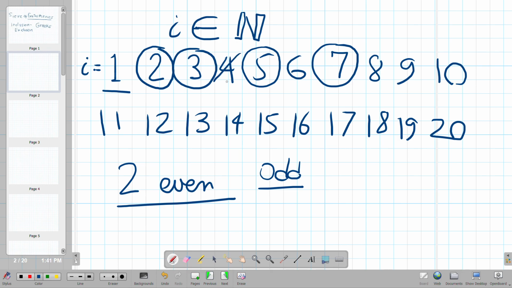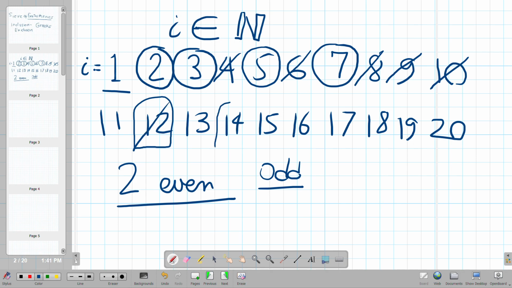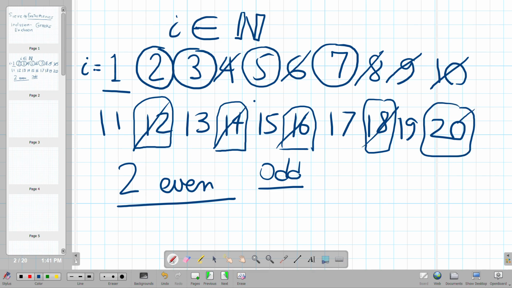4 is 2 times 2, so it is not a prime. 6 is 2 times 3. 8 is 2 cubed. 9 is 3 squared. 10 is 2 times 5. All right. Now, already with the first row, we can wipe out whole rows of numbers that we're never going to look at. Anything even, we're never going to look at. Okay. So anything that ends in a 2, a 4, a 6, an 8, or a 0, these are all even numbers. None of them ever are going to give us primes. Okay, so we already knocked out half the numbers that we would ever look at right there in one fell